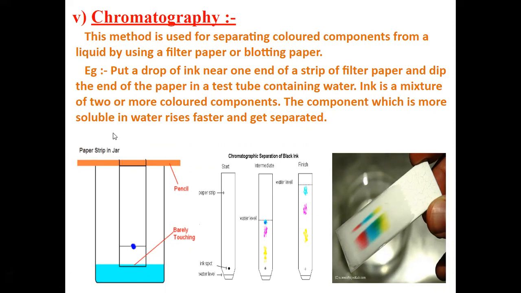So it is a method. You can see the dye is having different colors, as you can see on this filter paper. There is red color, blue color, green, yellow. You might know about primary colors and secondary colors from when we were in a very small class, or whoever is an artist in our group might know how the colors are formed. Let's say if I want to make orange color, then orange color is a mixture of yellow and red. So every secondary color is a mixture of primary colors.